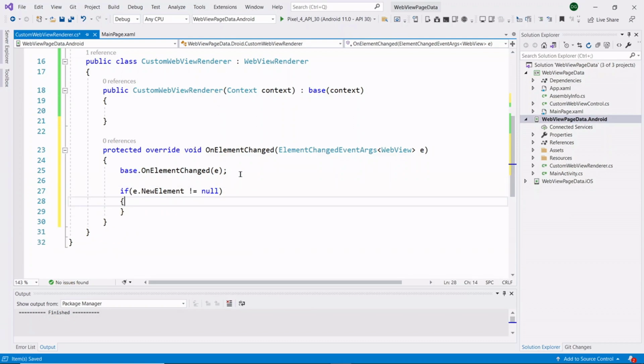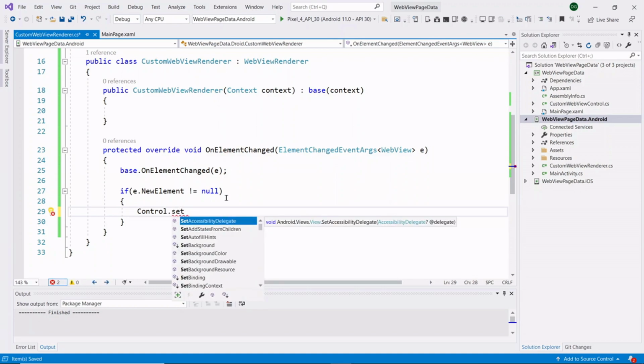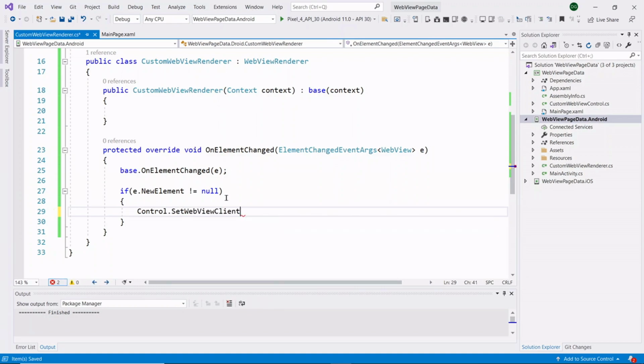Inside this if condition, we need to set the WebView client for the control. So we have to write the code like Control.SetWebViewClient. Here we need to set our WebView client.